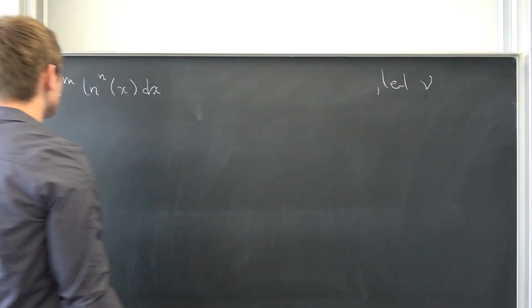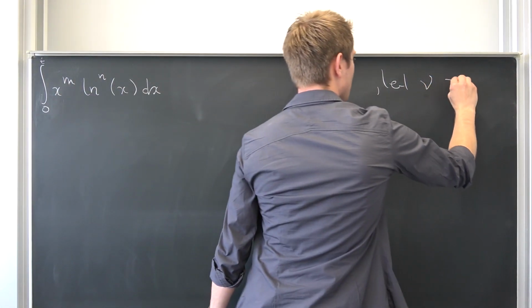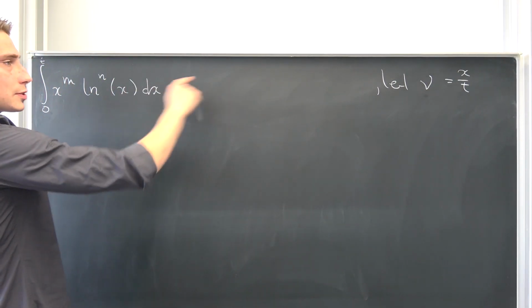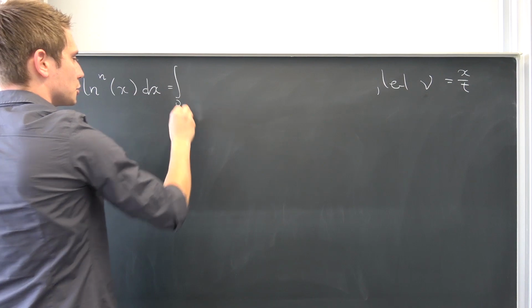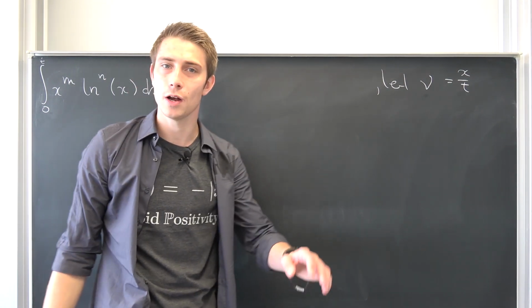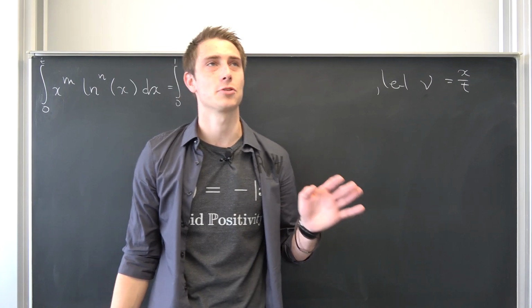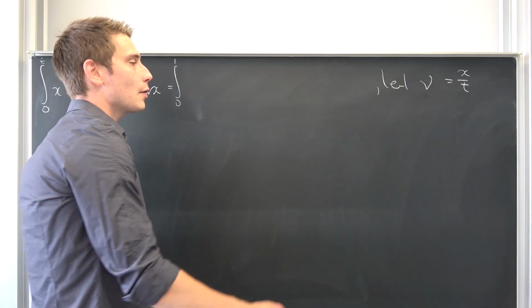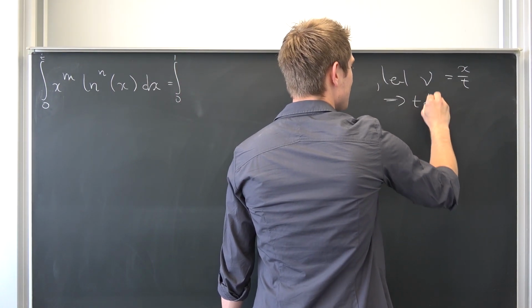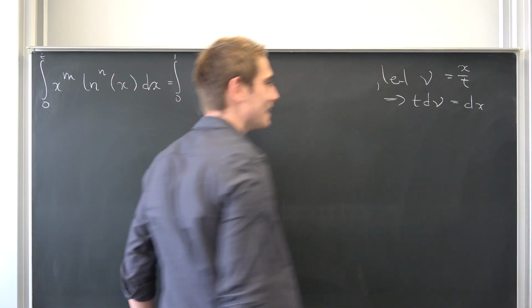Let nu be equal to, well, in this case, x over t, okay? You are going to see why this is good, why we should use that. Well, if we plug 0 into here, our lower bound is going to be just 0. If we plug t into there, it's going to be t over t, which is nothing other than 1. I'm going to vary today a little bit between nothing but, nothing other than, nothing else, or nothing more than, okay? So our differential thus is nothing other than, oh, this is such fancy English. t d nu is thus nothing other than dx.